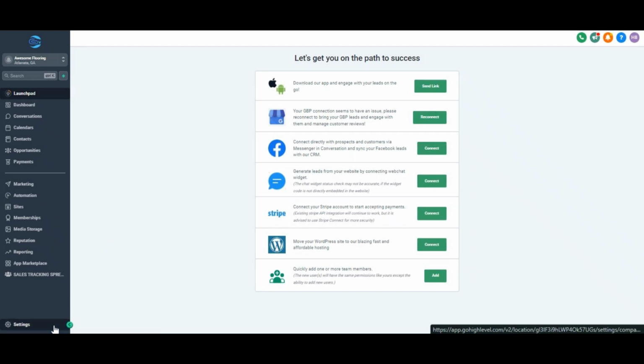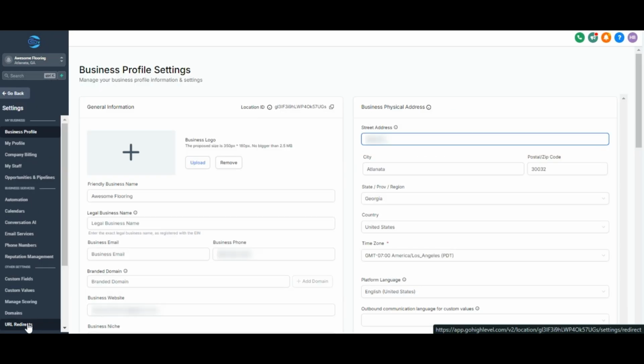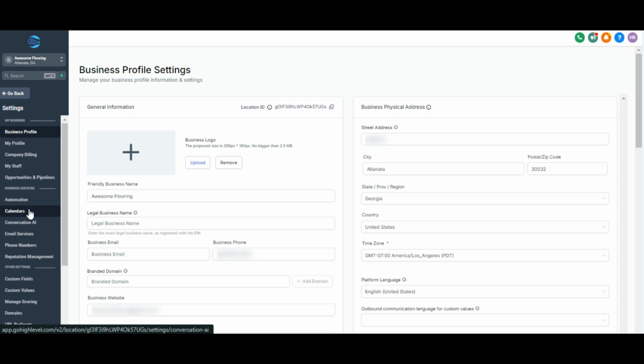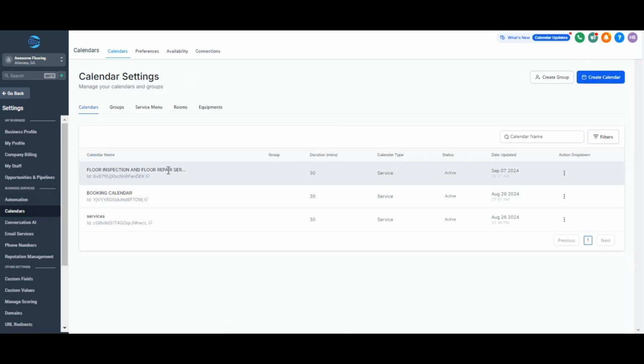So for that, you will go to settings and select calendars. And here you can see the calendar that we created in our previous videos. Now I'm going to work with this particular calendar. So whenever there is an appointment booking in this calendar by a person, then that person will receive our automated confirmation and reminders. For that, you will go to automations,